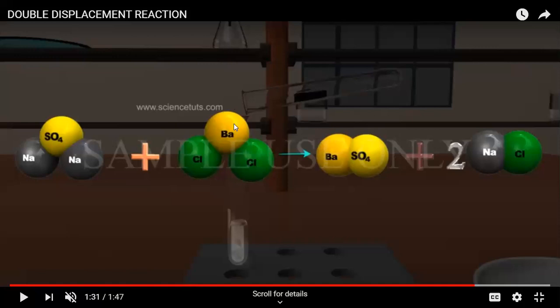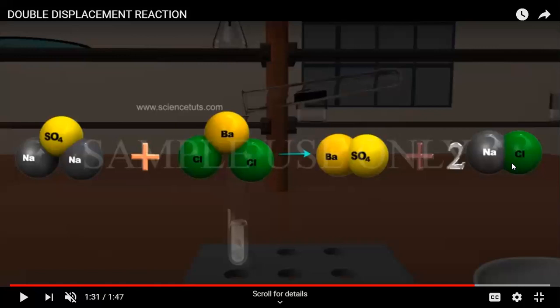So these two are what? Positively charged. Na is positive, barium is positive. Positive will move towards negative. Since in Na2SO4 Na is positive, sulfate is negative. So displacement will occur between Na and Ba. Why? Because sodium is more reactive than barium. So ultimately you'll see barium sulfate is formed and NaCl is formed. Now why have I written 2 moles? This is a part of balancing, which you can do afterwards as you are thorough with balancing.